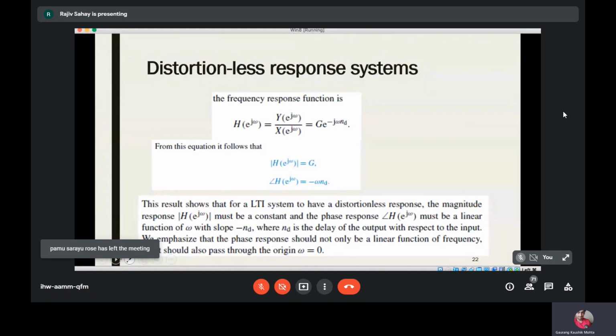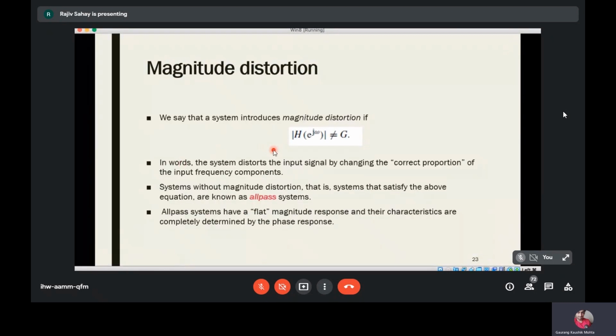Okay, chalo. So this is about distortion-less response. H of j omega, when is it supposed to denote a distortion-free LTI system? When these two conditions are satisfied. So there are two things here. One is the magnitude response and the other is the phase response. So there can be two types of distortion when an input signal is passed through a channel. So there can be a magnitude distortion and there can be phase distortion. Two types of distortion.